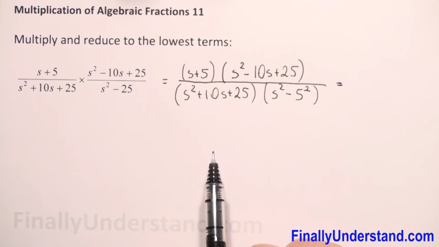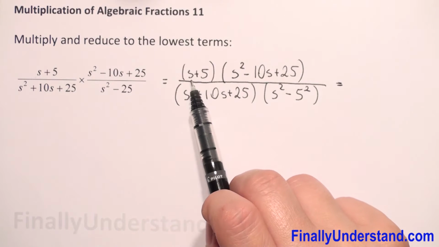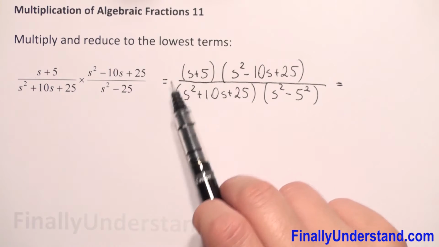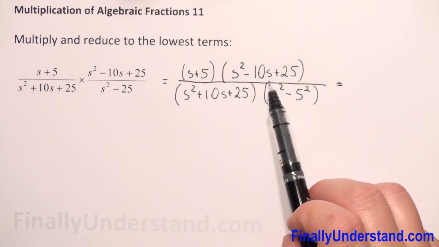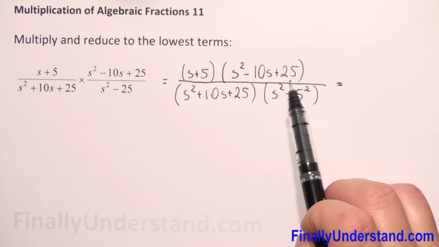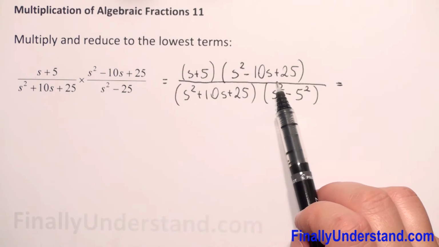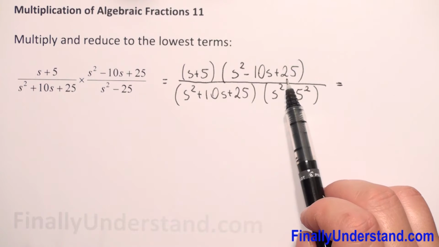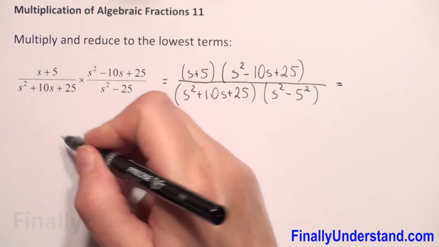So first, let's check if we can factorize. In the first parenthesis we have s plus 5, so we cannot do anything with this. And next we have s squared minus 10s plus 25. This is a general quadratic trinomial. So we can check if we can find two numbers which, multiplied, give me 25, and when I add them I will have negative 10. So this is equal